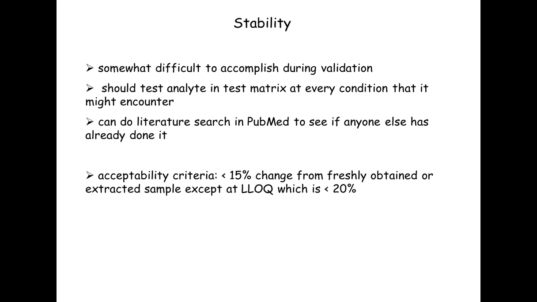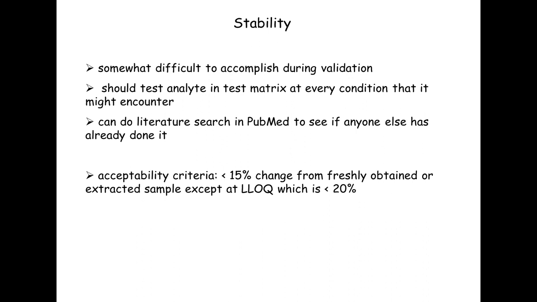So another thing that we should look at during our method validation is stability, and that's somewhat difficult to accomplish during validation. You should really test your analyte in the matrix at every condition that it might encounter. You can also do a literature search in PubMed to see if anyone else has already done it, but they may not have used the same matrix or the same temperature that you're looking to store your analyte at,